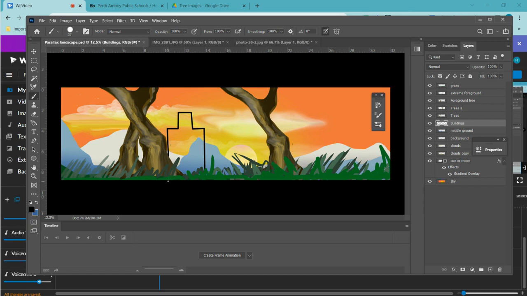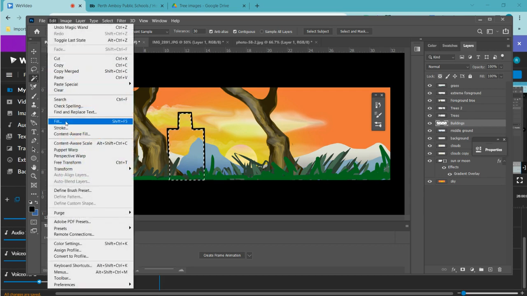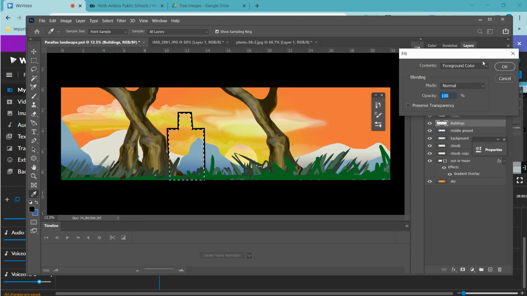Now, once I've done that, I'm going to use my magic wand, which is the 4th tool down. Sometimes the magic wand is hidden under the quick select tool, but you can find it just by clicking and holding on the quick select tool, and hidden underneath it is the magic wand. Now, if I just click on that area to select it, I can do edit fill, and I can make it black,